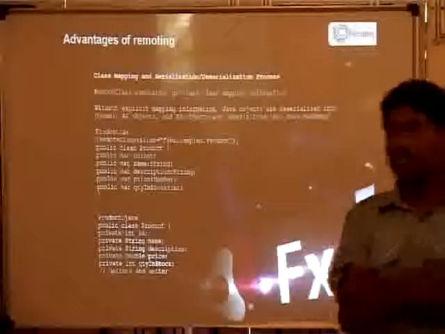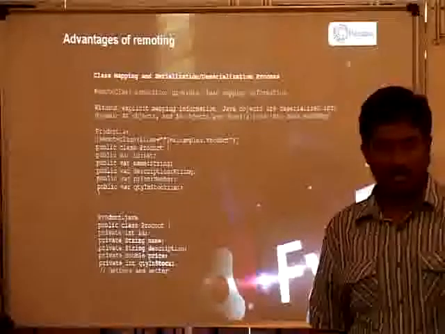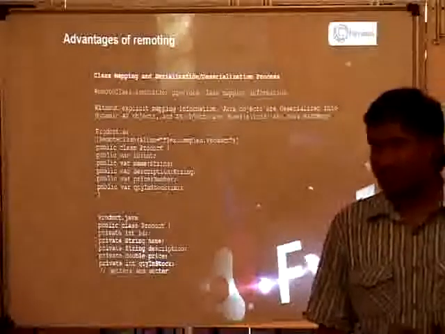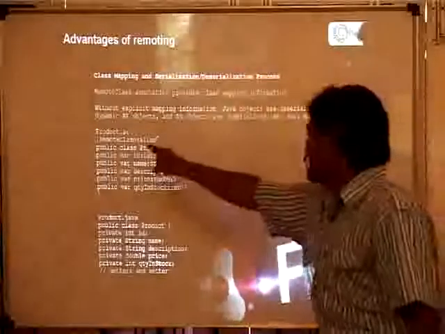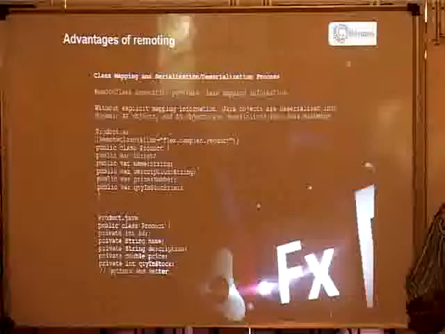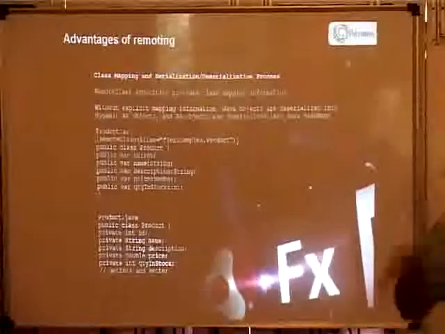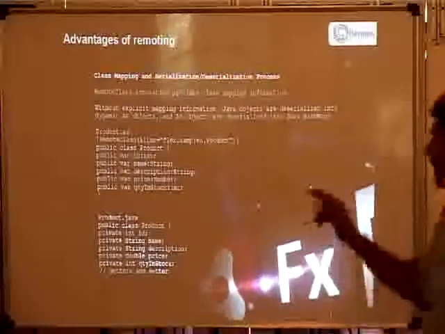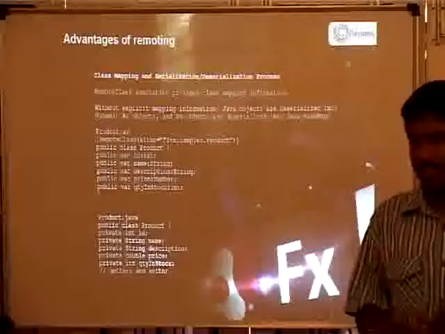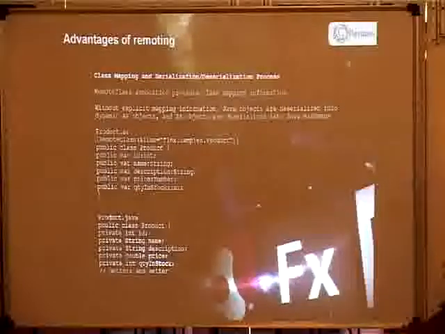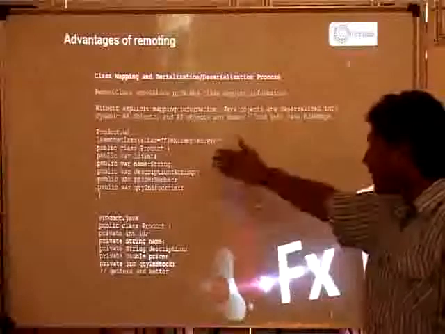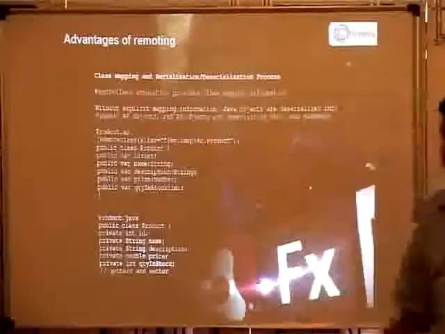Actually, the advantage of remoting is you can map the remote objects. Remote objects are nothing but Java objects mapped to your ActionScript objects. For that, you can use the remote class alias method. If you are using this, you have to be strict with the data objects. There are some more tables available in the Adobe Live Docs. In that they mention if you are using a list in Java, you have to use an array collection. Like that, they give some more lists. You can refer to that list for object mapping. If you give it like this, it will automatically map these Java objects to ActionScript objects.